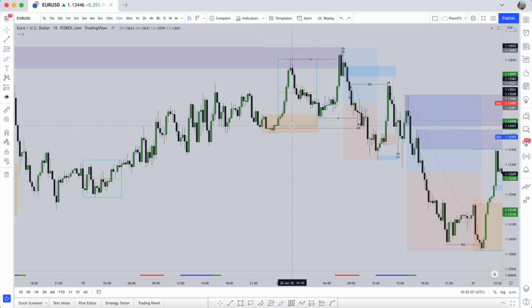Okay, and then same again for the people that are selling from here, right? So we get a poke through and then we pull back up. Potentially their sell stop losses are just above this level somewhere, and then we push down a little bit, then we come all the way back up, right? And we take out everyone that has potentially put their stops to break even. Once this started to push back to the downside, they're thinking, right, we're in profit, all good, stops to break even, then we come back up, take that out, and then we continue back to the downside, right? So actually they were on the right side of the market, but unfortunately they didn't get in the trade in a good position. Okay,